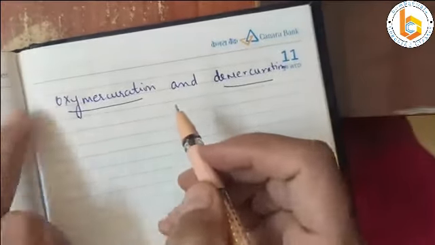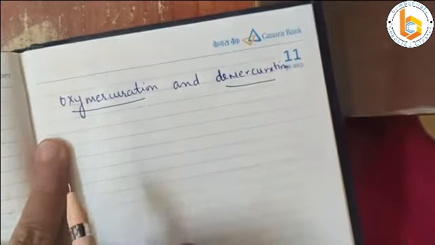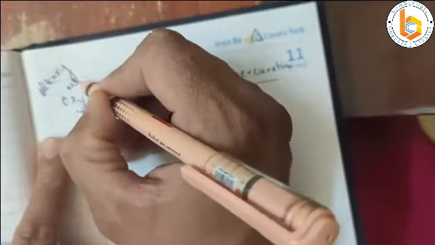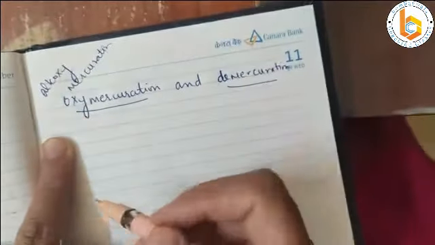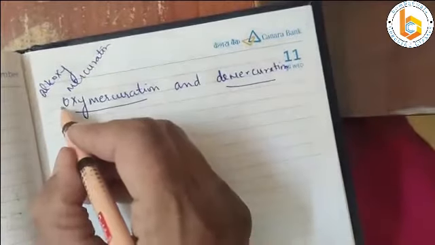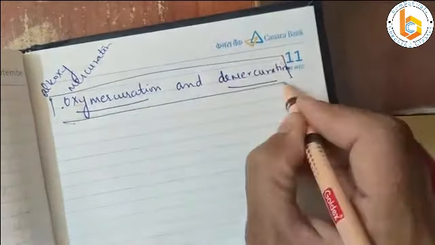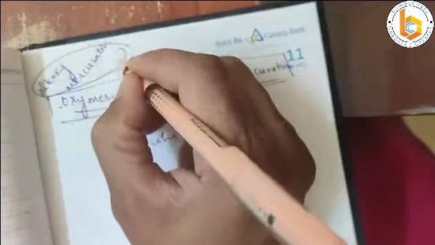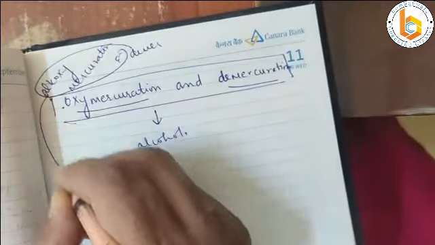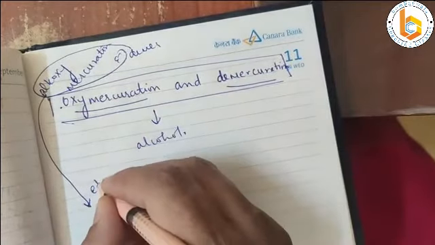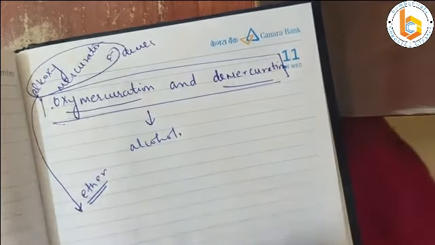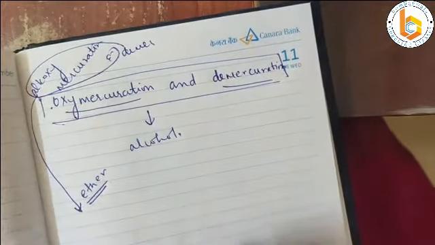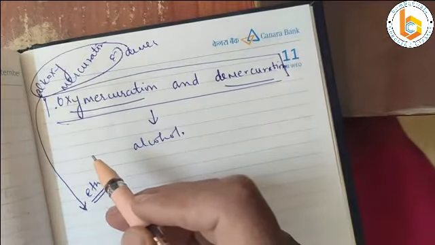Now what happens? See, this is one reaction and we are going to study one more reaction in future, which we call as alkoxymercuration, demercuration. See, always remember this oxymercuration, demercuration, this reaction is useful for synthesis of alcohol, whereas alkoxymercuration and demercuration, this reaction is useful for synthesis of ether. Now let us see why and how this reaction occurs. Okay? The first reaction is oxymercuration. Try and understand the meaning of word oxymercuration.